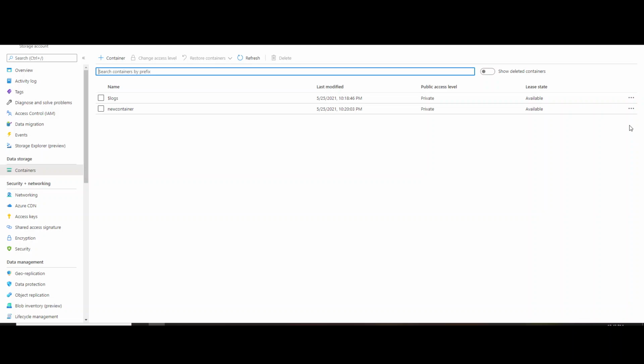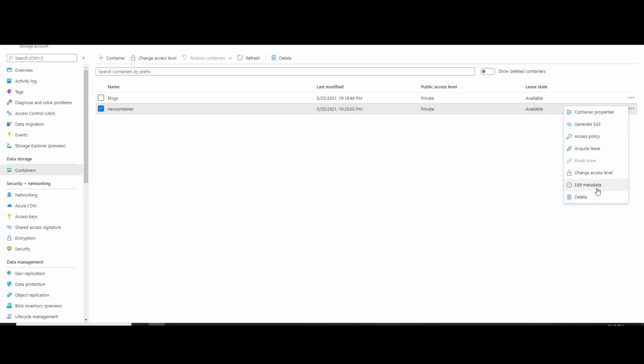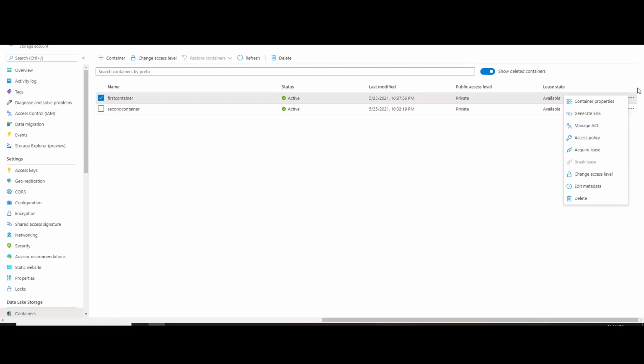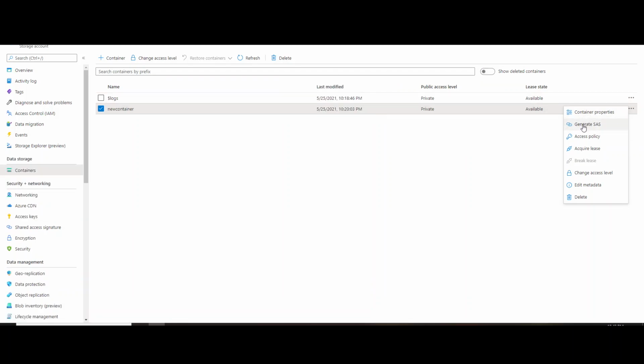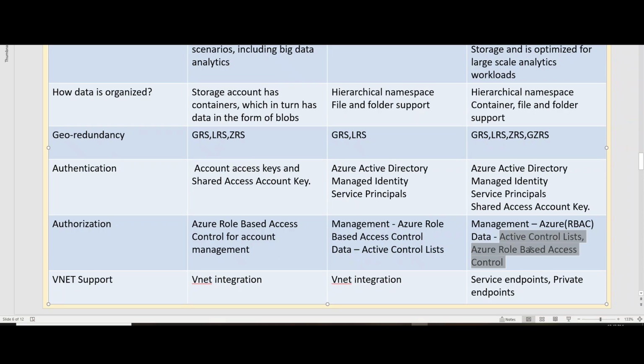And in the similar case, if you go to the blob here and check, you do not have access control list in the blob, right? You have generate SAS, but you do not have access control list. Again, I'll go back and show you. In Gen 2, you have SAS, you have access control list, but in this case, the only policy here is access policy and generate SAS. So you can see it's pretty evident now. You can definitely go ahead and read more about these, or I'll try to make a separate video on this, in case it's not comprehensible.